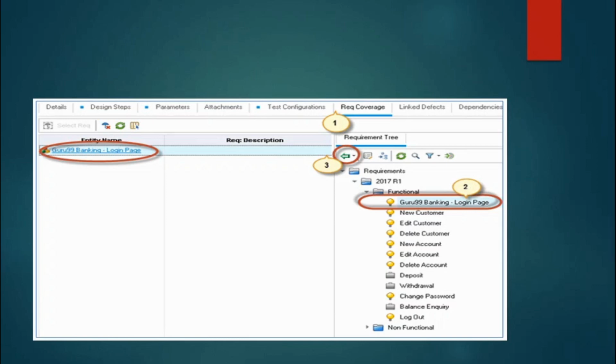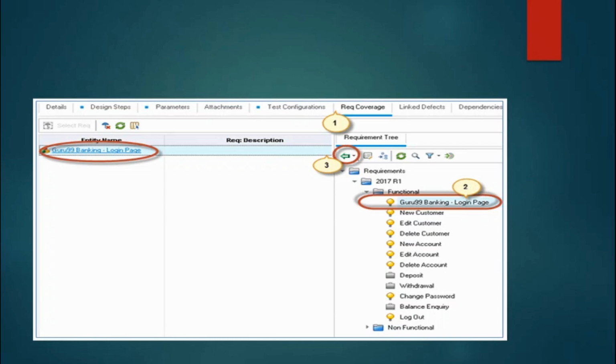So you have to select a particular requirement which is related to this particular test case, or for which you have written this particular test case. You just have to select the particular requirement and click on the arrow button. So this test case will be mapped to this particular requirement. Okay, if for example there are multiple test cases for this particular requirement, you can do it in a similar way.